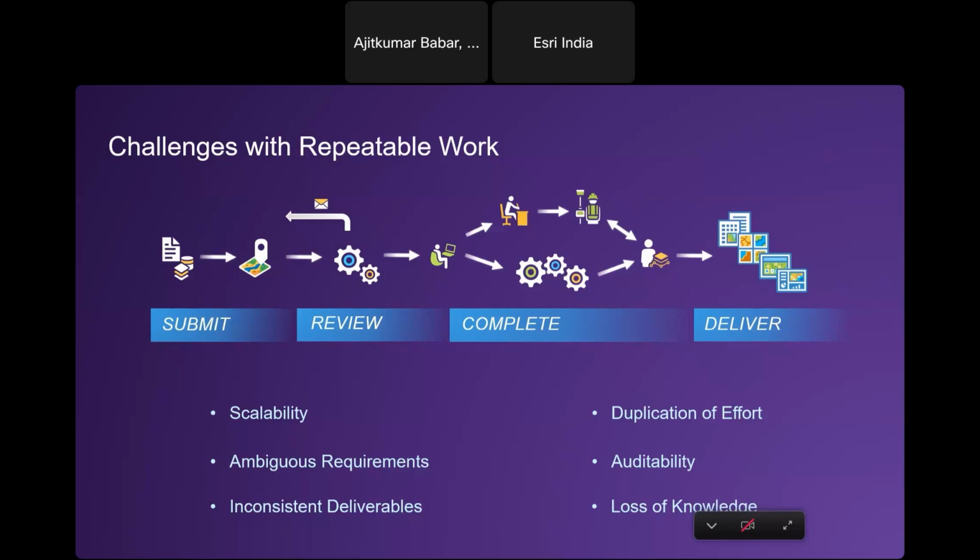And many times, as you know, the requirements are not clear, right? So requirements are ambiguous and they need to be properly streamlined. So there the Workflow Manager can be helpful to you. Then comes consistent deliverables, right? So you need to streamline that also. That can also be achieved with the help of ArcGIS Workflow Manager. And also you can avoid duplication of efforts, then auditability, and you can prevent loss of knowledge while running the